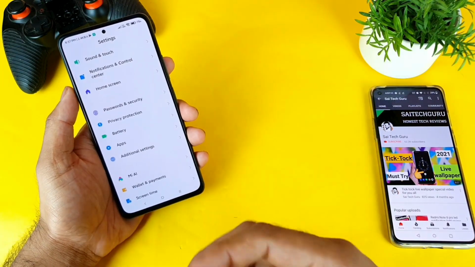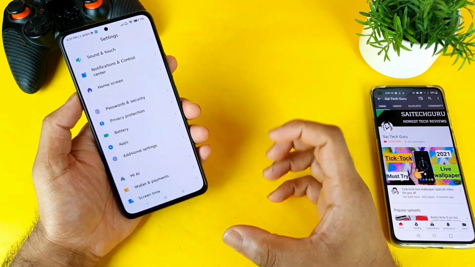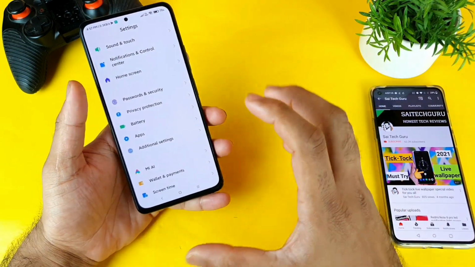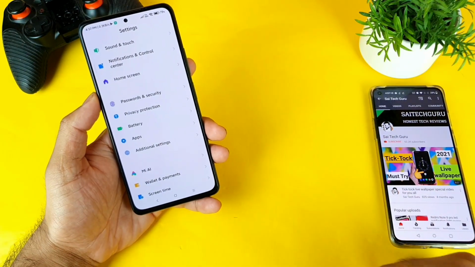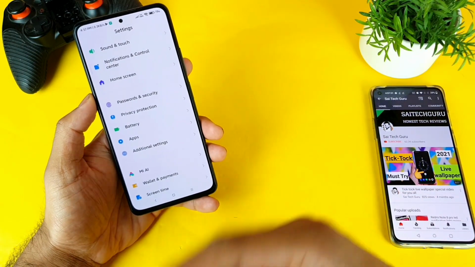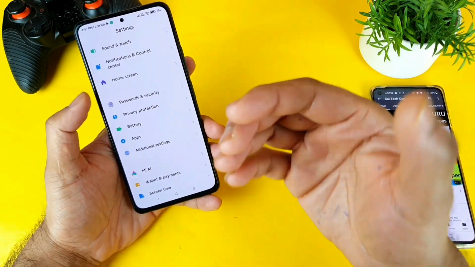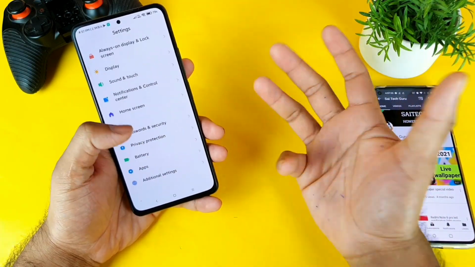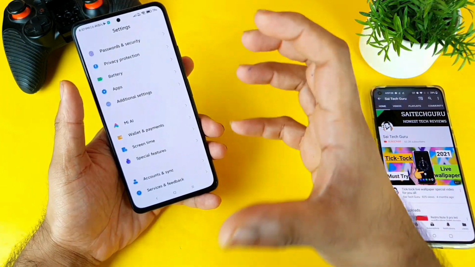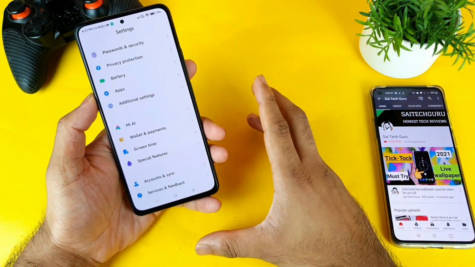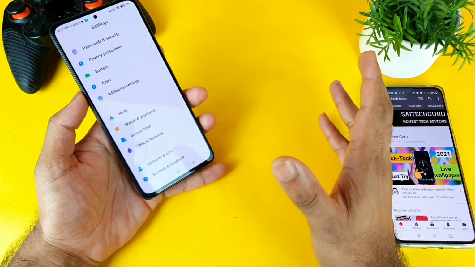I'm saying this because I don't want to put a lot of users in a situation where they buy this phone just after watching my videos and my reviews and trusting me. I don't want to make false promises. I cannot control the software update, it's not in my hands, and I cannot guarantee it either. That's why I was happy with my problem. I was okay with it, so I was not even waiting for the update.